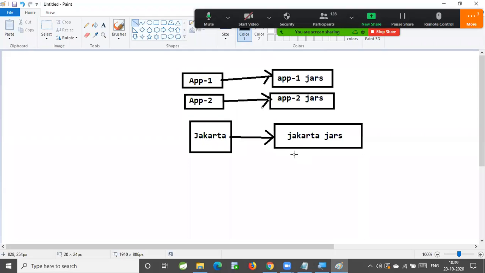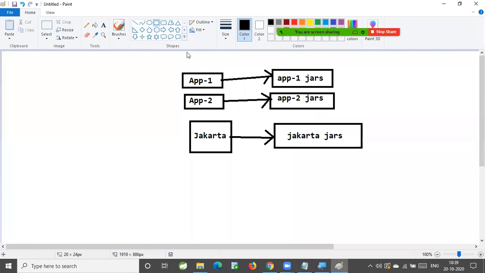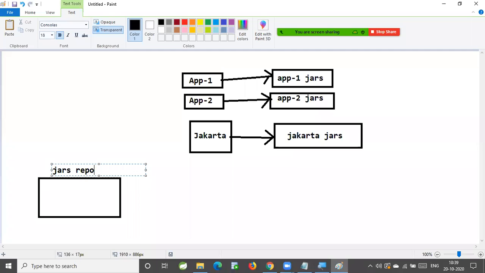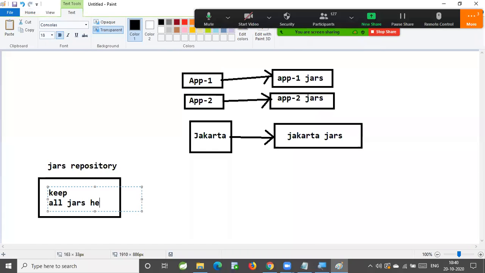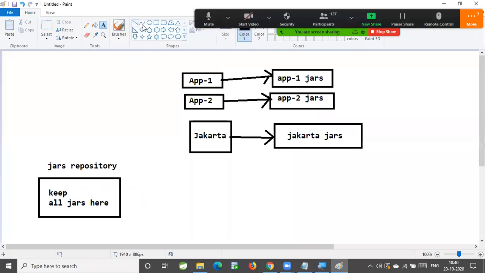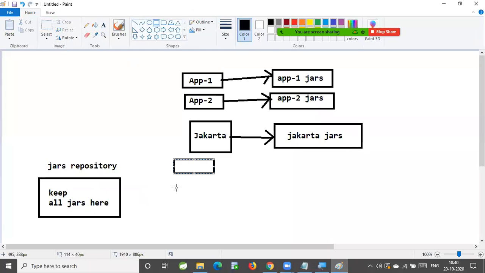Why do we need to keep all the jars in different locations? Let us create one repository, that is a jars repository. Keep all jars here. Now, application 1, application 2, application 3, all these applications can take the jar files from